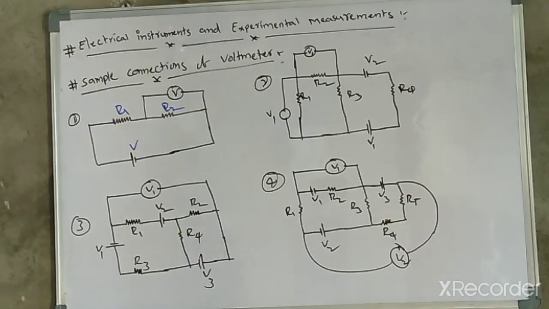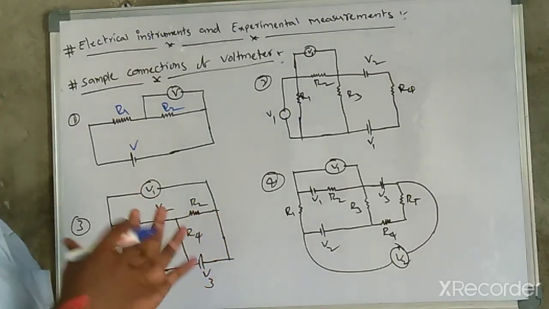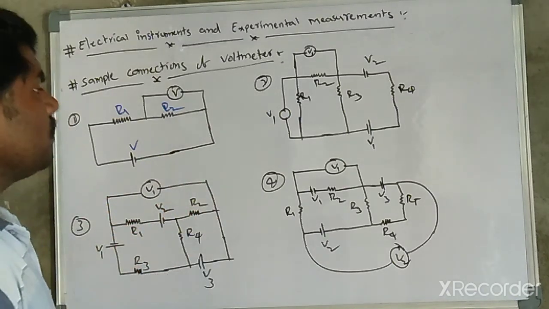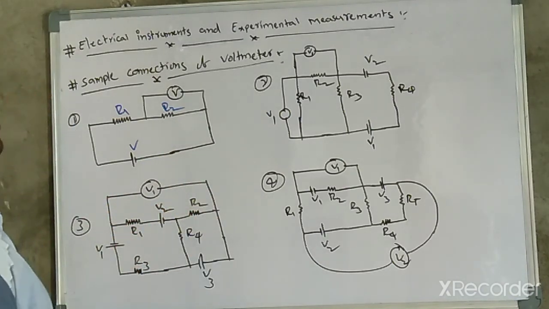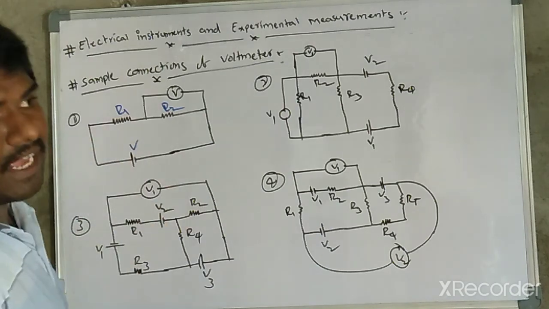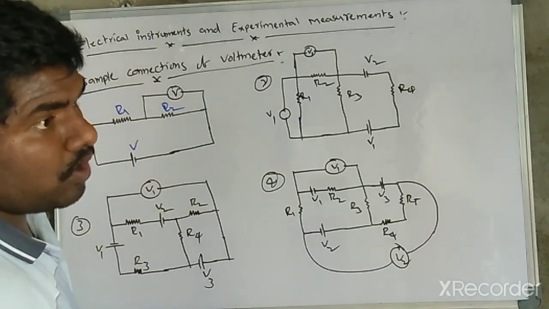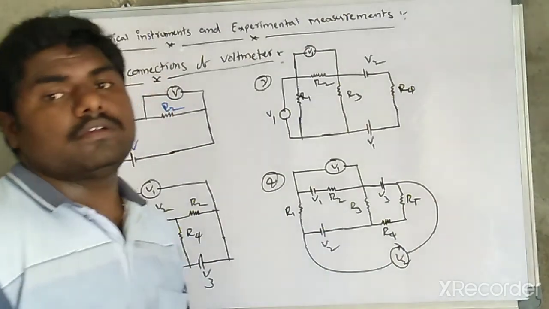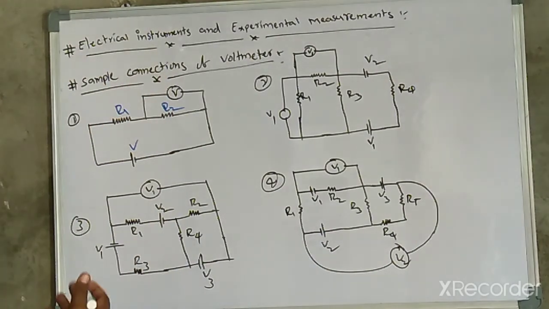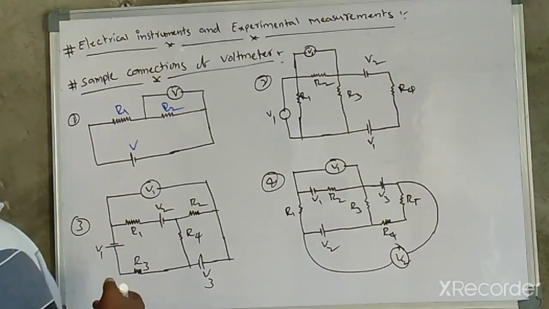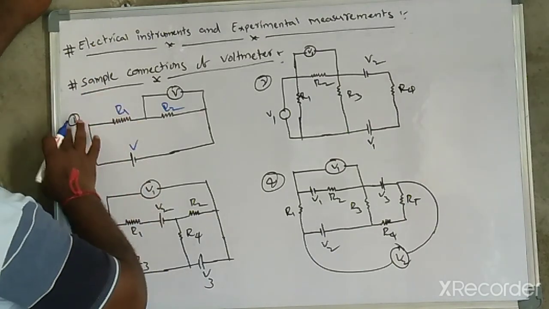Sometimes, based on the voltmeter, they will give different circuit analysis. They will ask how much current is passing through this voltmeter. So how to identify and how to calculate, that's why I am going to explain that model here. See, when are they asking this method?